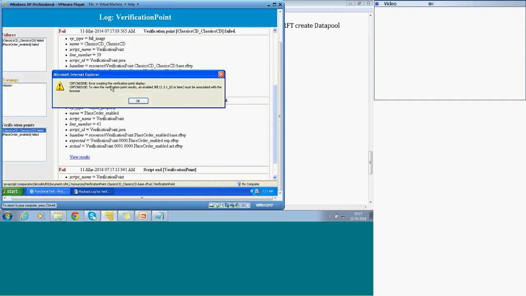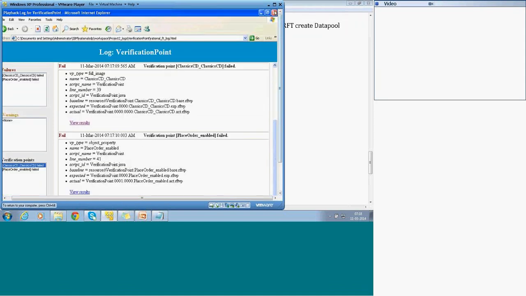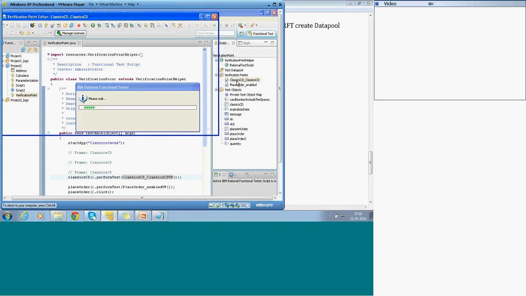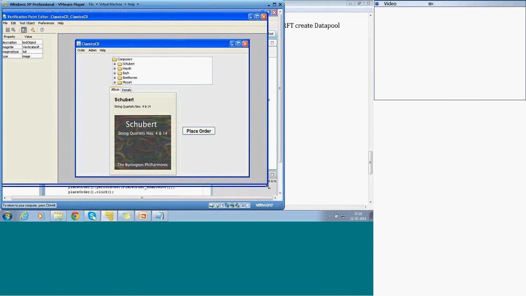It will not work for me because of this problem. Even though I have a JRE installed, it is not working. That is because of my so-called ST service factory. So anyway, for the time being, what I'm trying to tell you is, I open this classic CD. This image is full in nature. You can see now it is full and it's trying to check the full image over here.